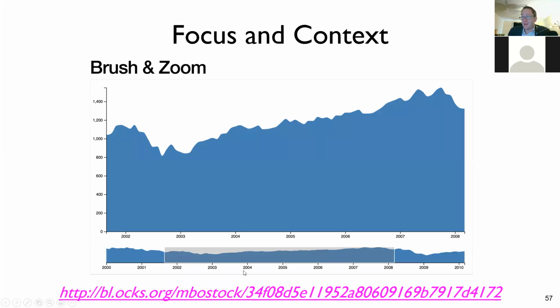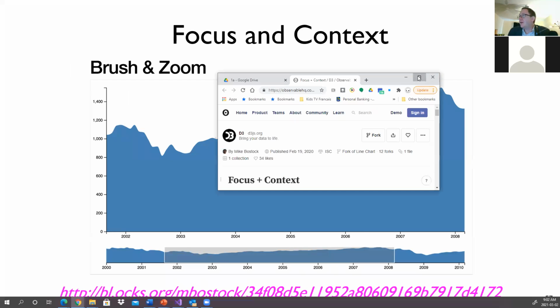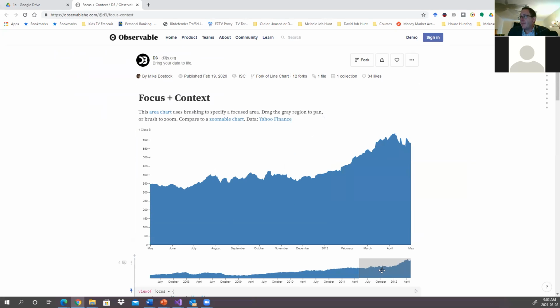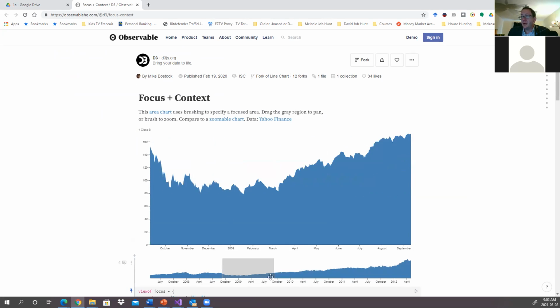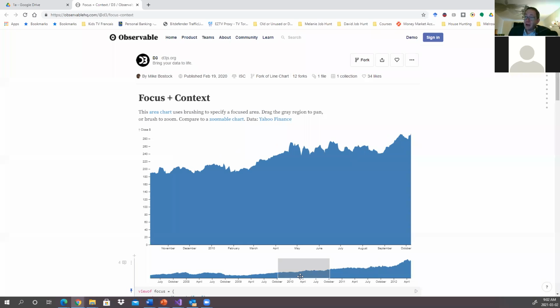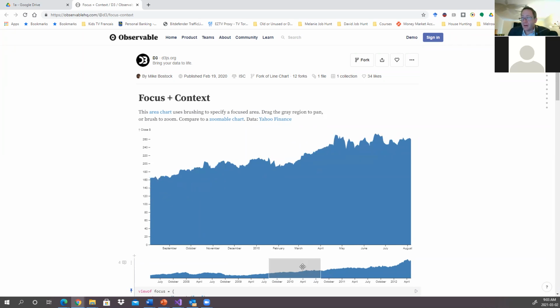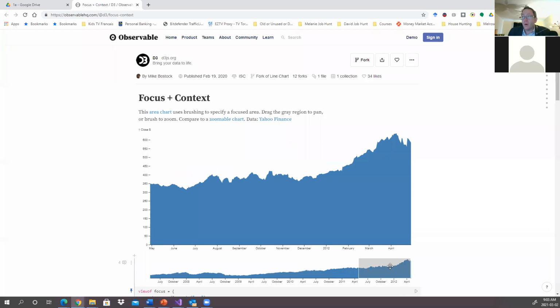This is perhaps the better thing to look at. I'm going to have to move something over here. So let's do this. Here we go. You may think it's teleporting around, but if you go to this link yourself and play around with this, it will be obvious what's going on. I grab this, I move it around, and I see